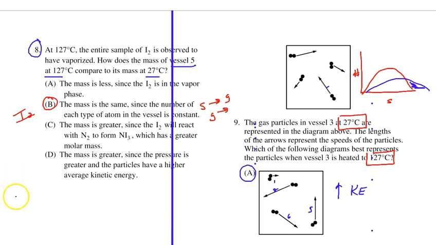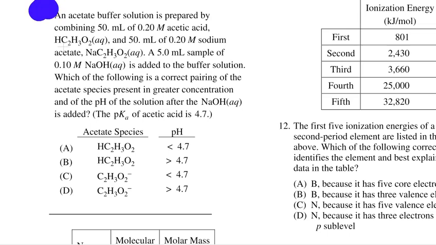Number 10. Oops. Okay, number 10. An acetate buffer solution is prepared. That's nice. They told you that. They shouldn't have to tell you that. Because if I have 50 milliliters of acetic acid and 50 milliliters, equal amounts, of 0.2, the acetic acid is 0.2 molar, and they're giving you sodium acetate, which you should know dissociates. The sodium is always soluble because the sodium ions are always spectating. So that's going to make